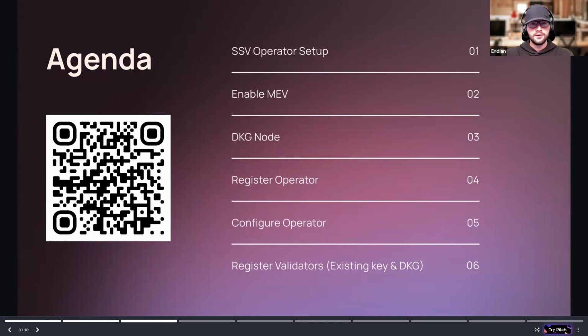Setting up a DKG node, which is something we'll go through, registering the operator that we've created, configuring the operator and the metadata around it, and then finally registering the validators using both existing keys that are already running, and we'll see that start testing straight away, and also how to run the DKG once you've set your operator up. So it's a full run through of everything you need for